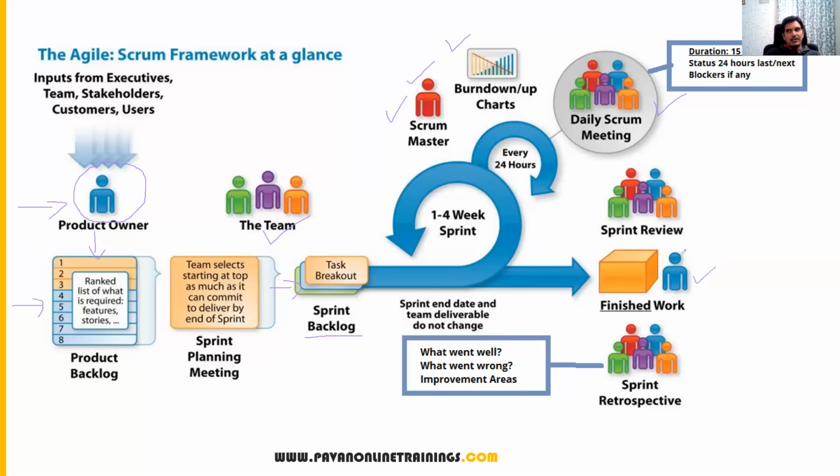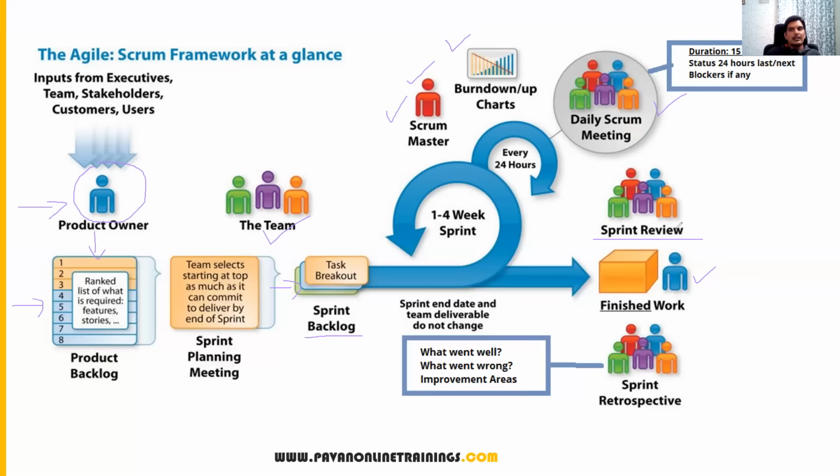After finishing the work, we will have a sprint review. The sprint review is about what stories we have planned, what stories we have completed, and whether any bugs are available or all bugs are closed. We review these things internally; that is the sprint review. That is not the sprint retrospective. The sprint retrospective is different from the sprint review. In the sprint review, we check whether all the test cases and all the tasks we planned during the sprint are completed, whether there are any open bugs, whether all bugs are closed, and whether all test cases are executed. So we review these things once.